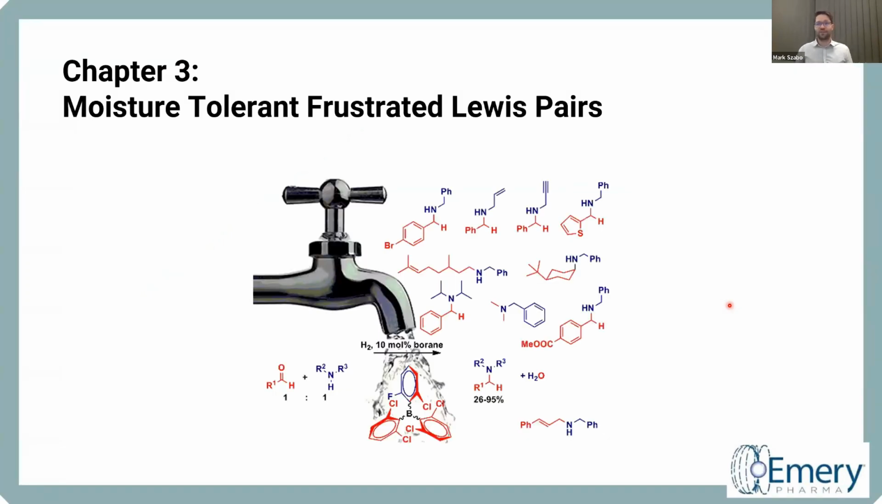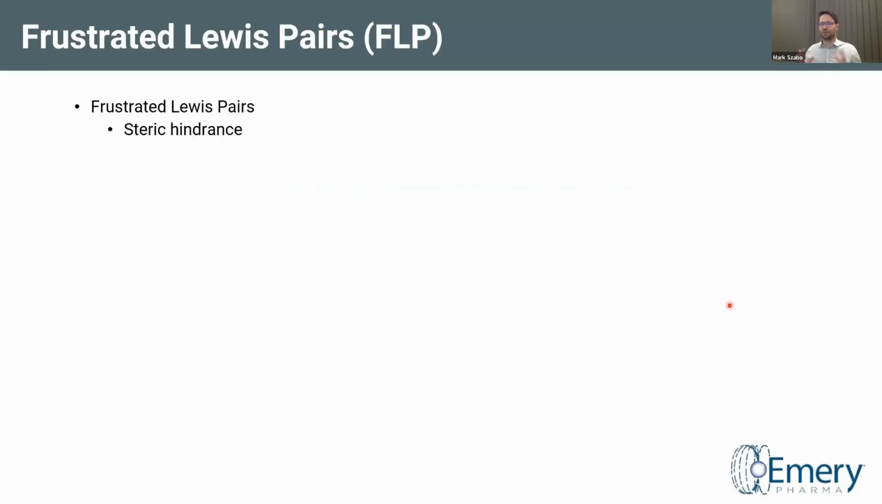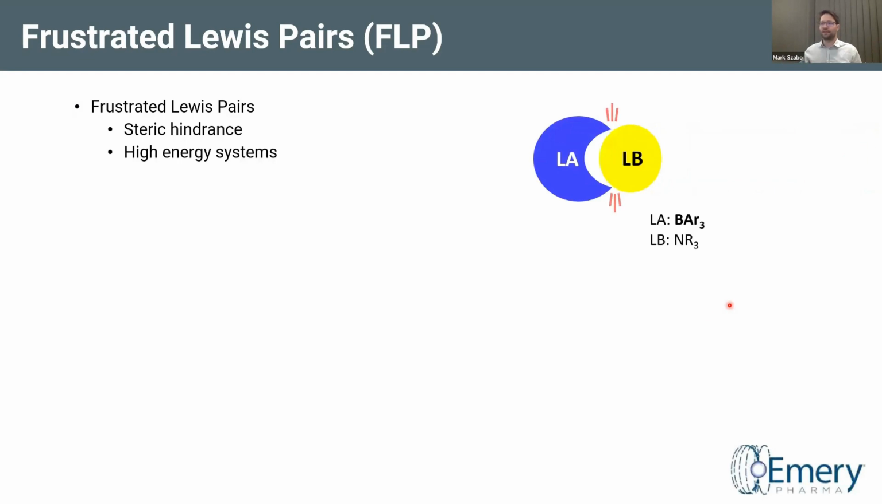So let me jump to the third short story, which is the moisture-tolerant frustrated Lewis pairs. And again, let me introduce you a little bit to the topic, and let me start with what these frustrated Lewis pairs are. Actually, these are Lewis pairs where there is a steric hindrance, so there is a bulky Lewis acid and a bulky Lewis base, and therefore these are high energy systems,